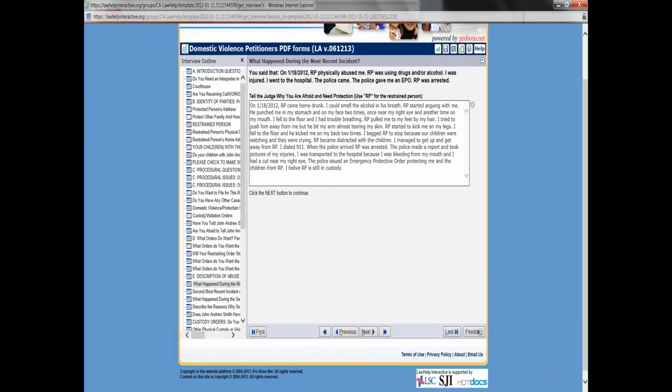And then that example that it gives you has the first person view in it. So it should be from your point of view. RP came home drunk. I could smell the alcohol on his breath. RP started arguing with me. He punched me in my stomach and on my face 2 times, once near my right eye and another time on my mouth. So basically, it's going into very specific detail of what happened. It's from the point of view of our petitioner and refers to the other